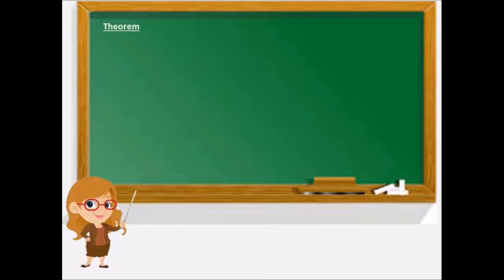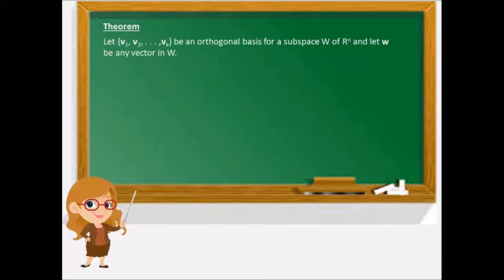Now let us look at the theorem. Let a set of vectors be an orthogonal basis for a subspace W of Rn, and let vector W be any vector in W. Then the unique scalars C such that are given by